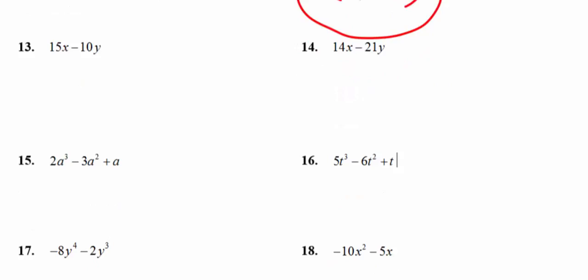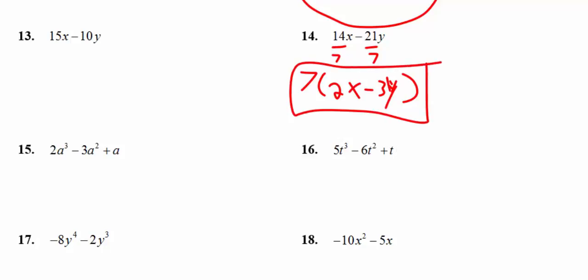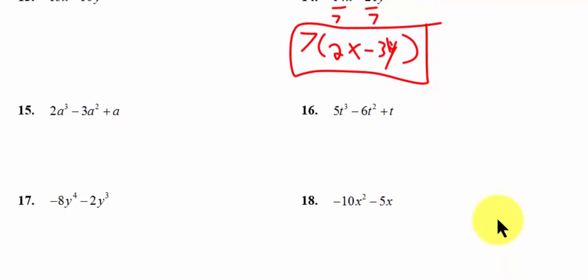If we look at number 14, the largest number that goes into 14 and 21 would be 7. And whatever I factor out, in this case a 7, I divide each term by the 7, and you're left with 2x minus 3y. So that would be my final answer, 2x minus 3y. All right. If I look at number 16,